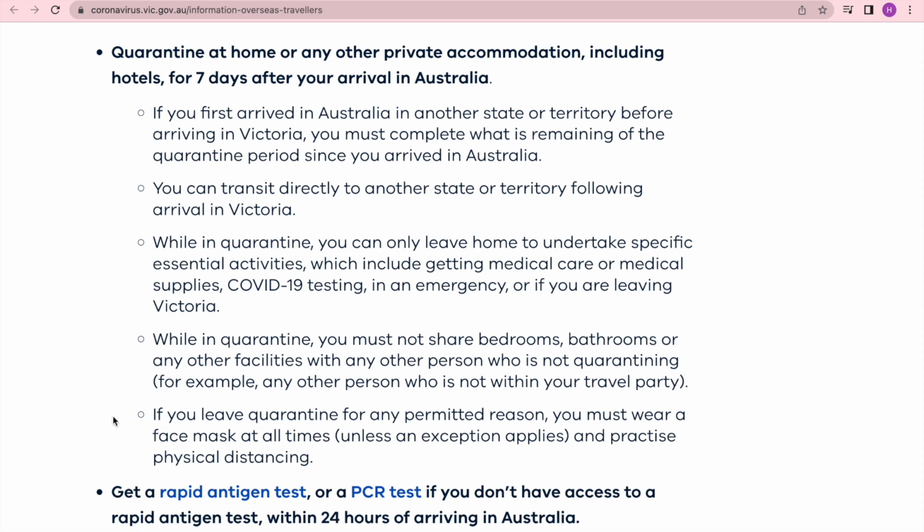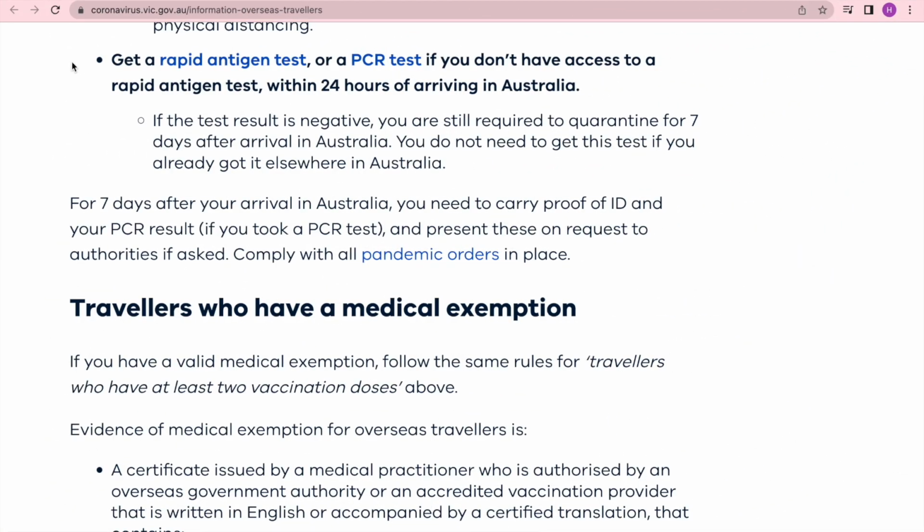And if you leave quarantine for any permitted reason, you must wear a face mask at all times unless an exception applies, and practice physical distancing. Get a RAT or a PCR test if you don't have access to a RAT within 24 hours of arriving in Australia. So if the test result is negative, you are still required to quarantine for 7 days after arrival